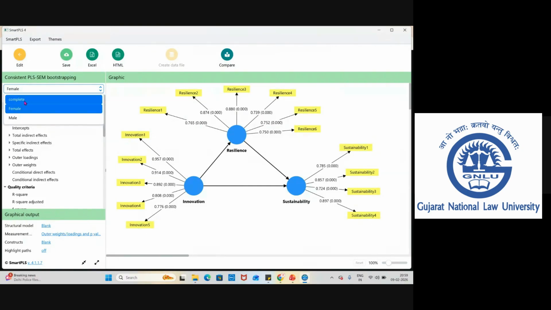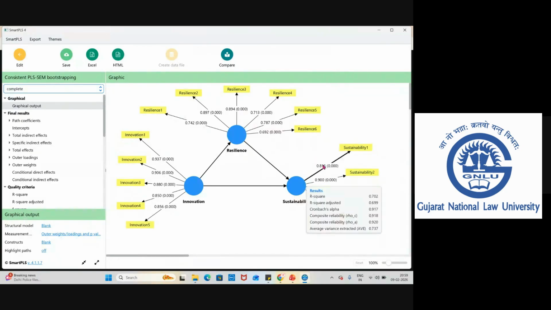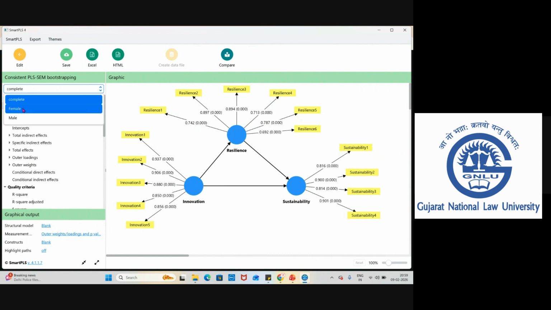First, try to understand the complete data set here. What you can do is take one concept so that you can see whether there are any differences. If I'm taking sustainability, 8.816908190. Now when I'm looking at specific categories, like male, you can see the difference. I hope you are able to see the difference. Male wise, you can see the difference.